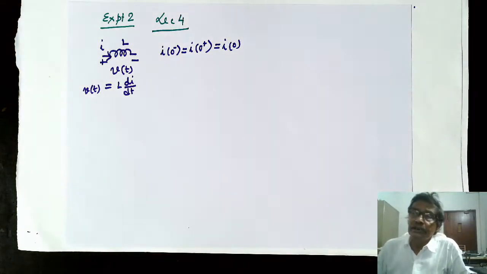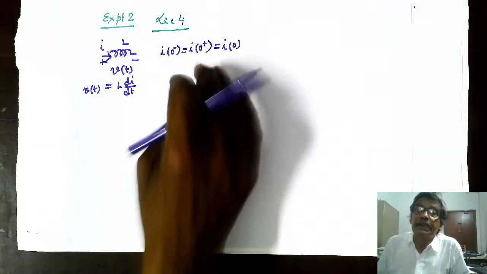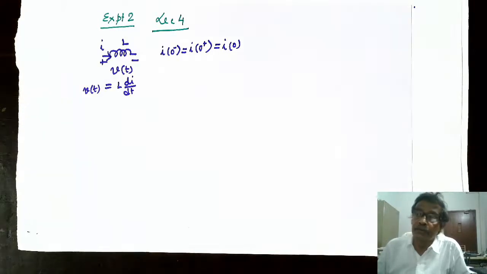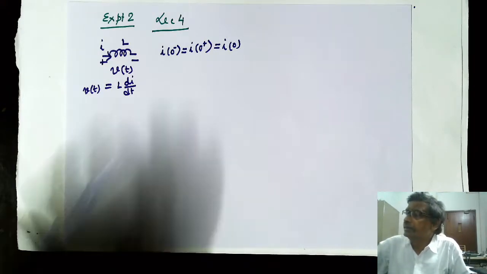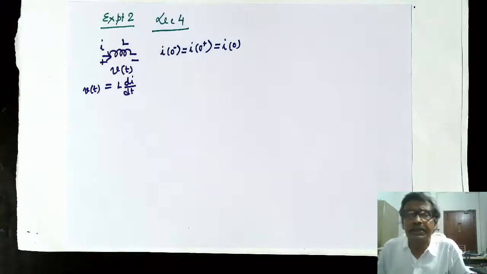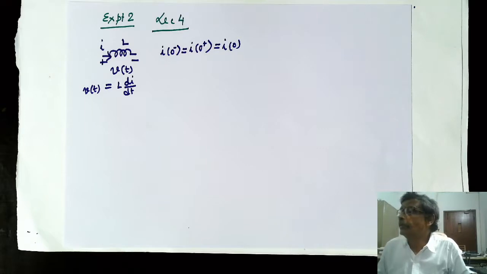because there will be no difference between these three quantities when v(t) excludes impulse voltage. That is a rider to this particular statement. Then it may be that i(0 plus) may not be equal to i(0 minus). If time permits, I will also discuss that at a later stage. But for the time being, this is the information, and v(t) excludes impulse voltages. So this will be the case.